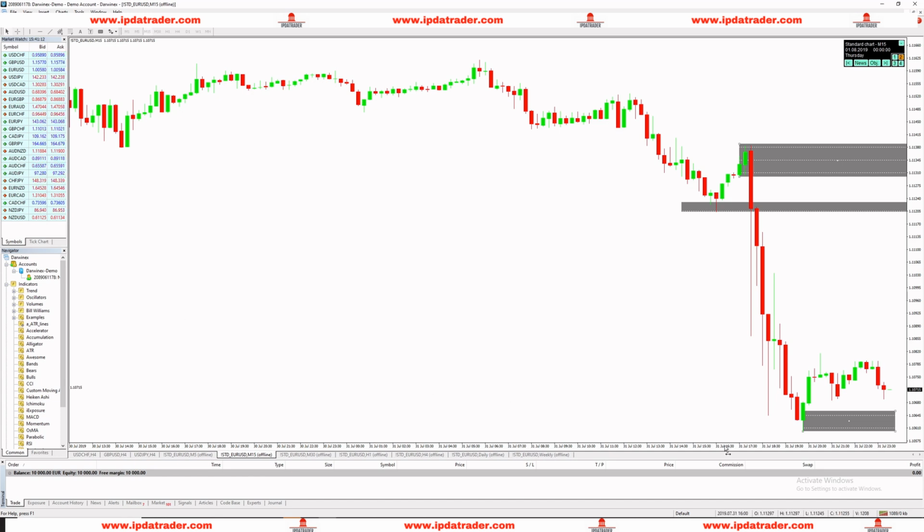So just understand that you want to confirm this area before you look for a long at this price point, and you anticipate the retracement into these areas over here before you can then consider looking for a short. This exaggerated wick over here is also an interesting area price could tap into. So we're going to outline this, because if you start seeing rejections right at this price point,